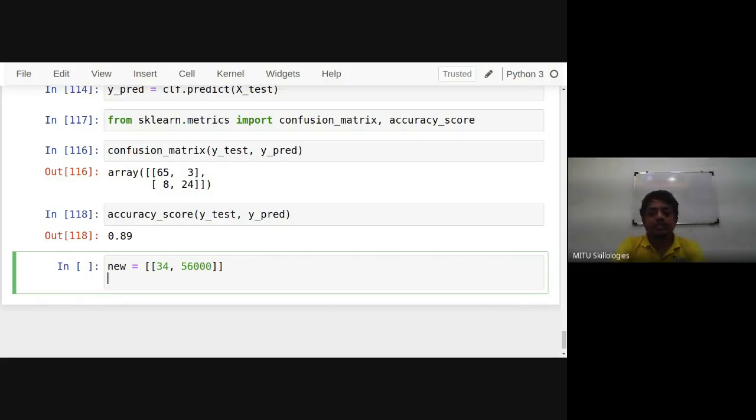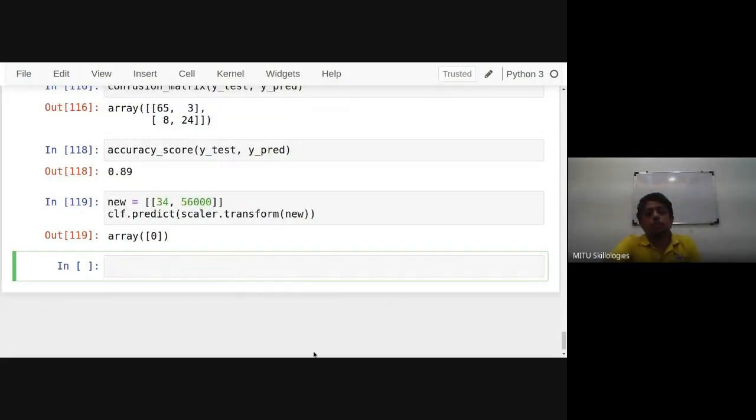So we have to scale this data first, and only after scaling is it possible. So CLF dot predict, new, scalar dot transform new. The result will be 0.